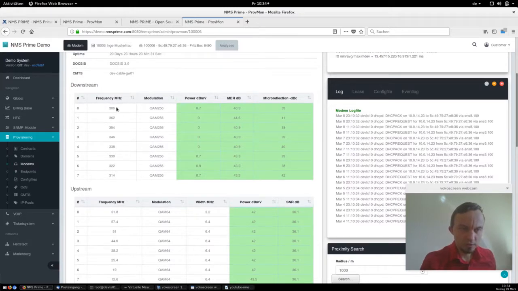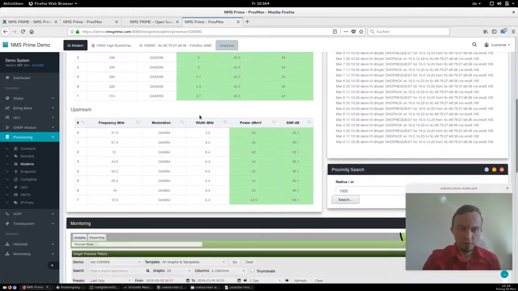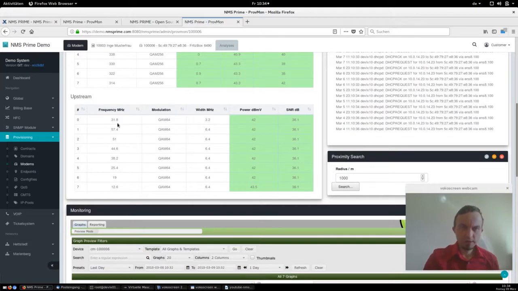So we see the cable modem registers 8 channels starting at 306 MHz, and the modulation of all channels is QAM 256. We've got the downstream power, we've got the signal to noise ratio, and we've got the micro reflections. And if all values are green, this means the cable modem is perfectly registered with the HFC or with the RF interface. So below we've got the upstream channels, and we can also see that there are 8 upstream channels connected,